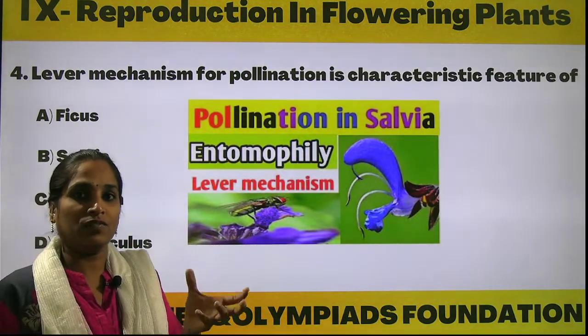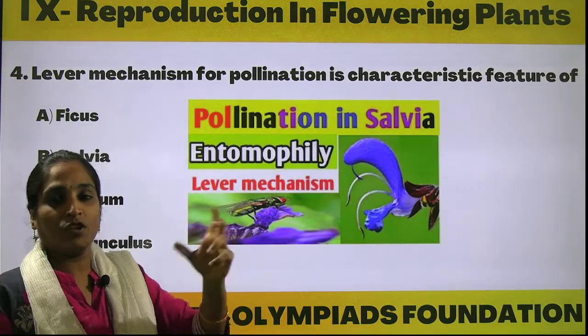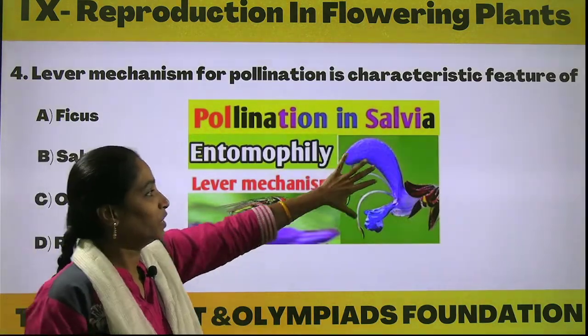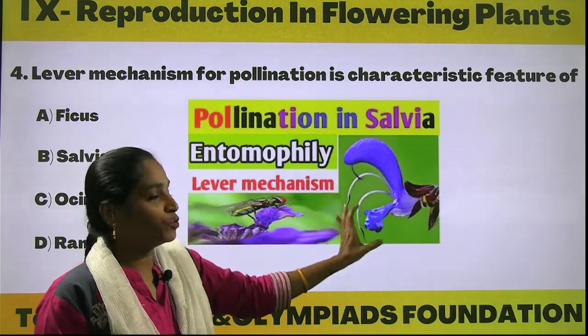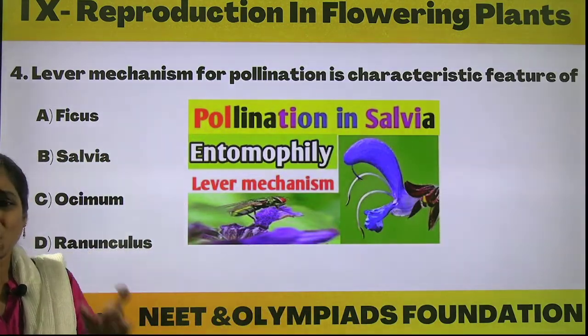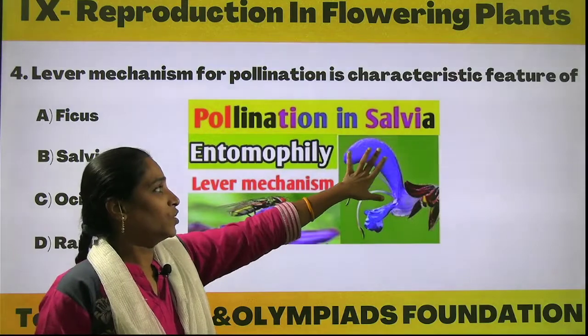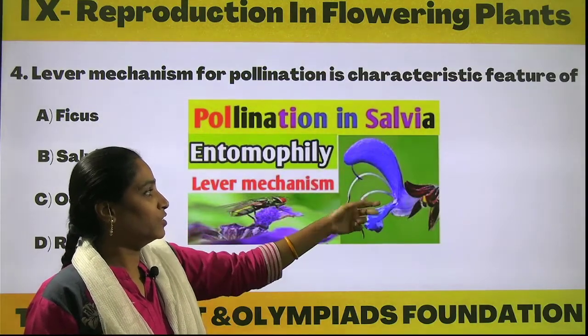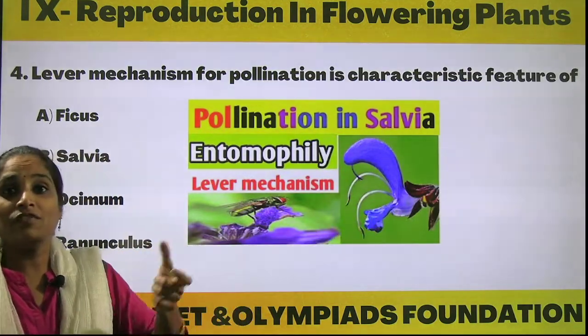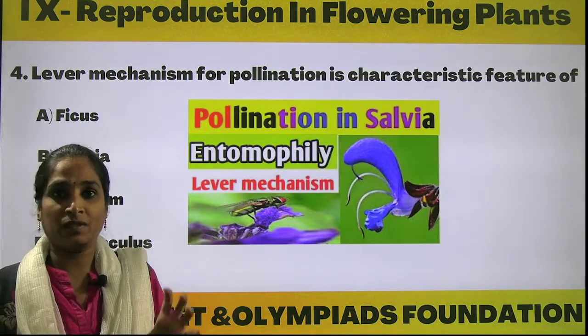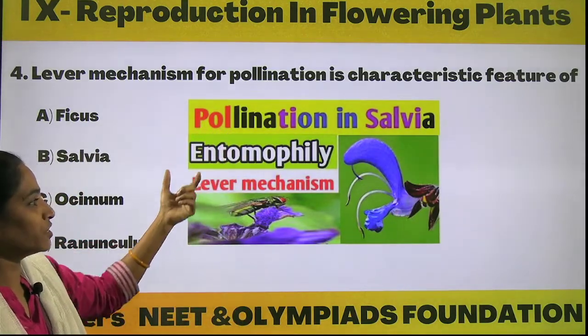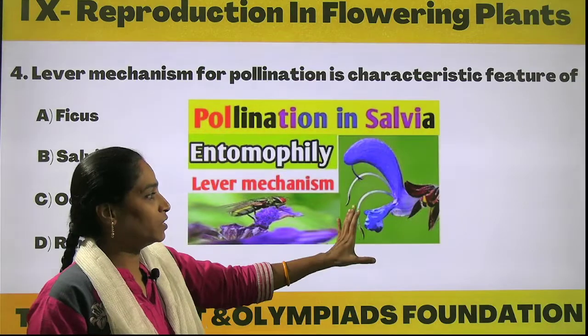There we can observe the insect movement, and the pollination also can be seen from the insect, where it moves from the upper lip to the lower lip of a corolla, where the corolla is placed in a salvia flower. So there we can observe the lever mechanism. What is the lever mechanism? A simple mechanism, the pollination which is done from one place to another place by the movement